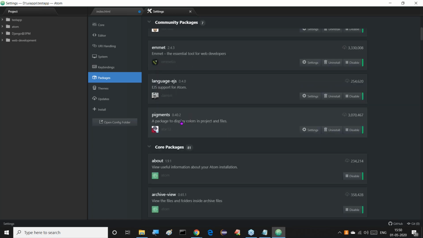Easier support for Atom, pigments, a package to display colors in a project and files. Observe this clearly. I said colors, color codings. When I specify a particular color name, automatically that color will be displayed on top of it. That is because of these pigments. And the next one is